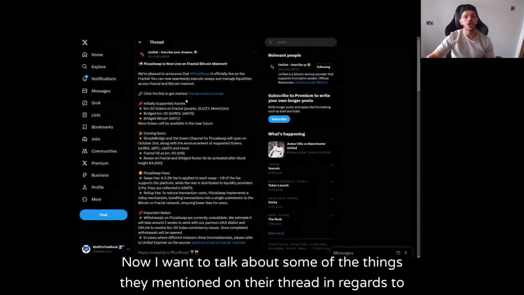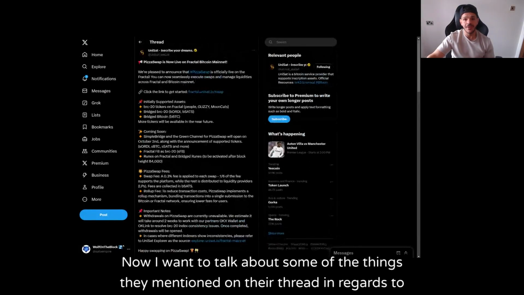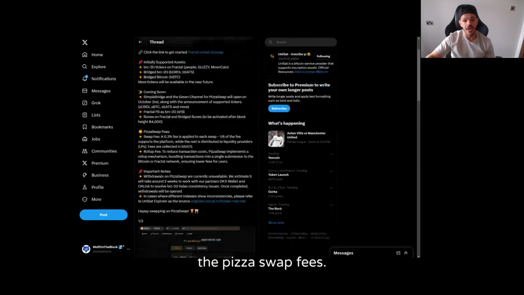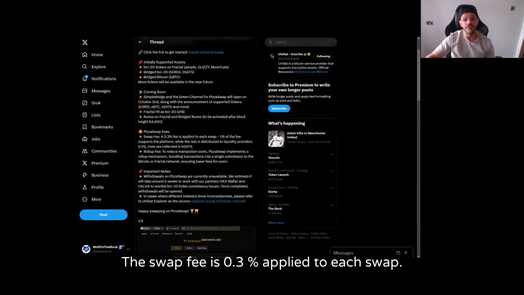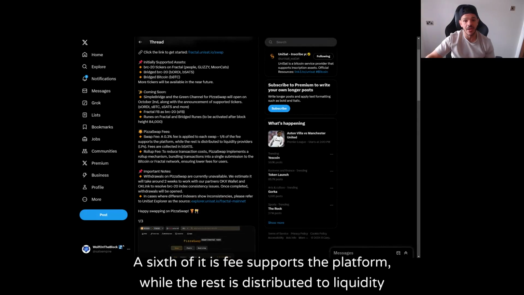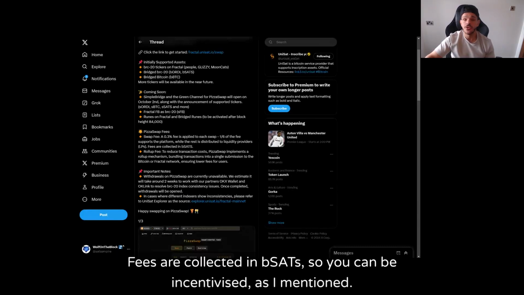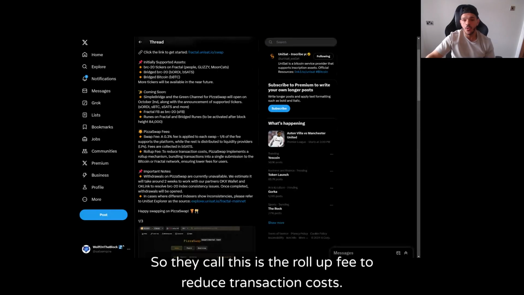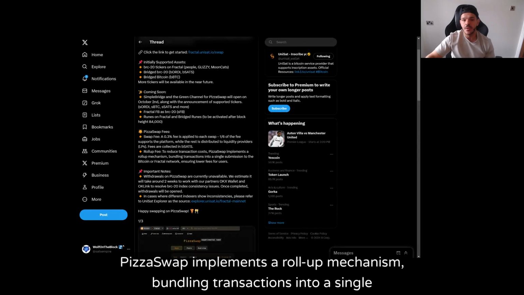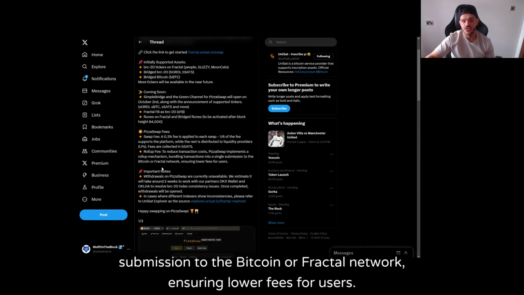Now I want to talk about some of the things they mentioned on their thread in regards to the Pizzaswap fees. The swap fee is 0.3% applied to each swap. A sixth of that fee supports the platform, while the rest is distributed to liquidity providers. Fees are collected in BSATs, so you can be incentivized, as I mentioned. They call this the roll-up fee to reduce transaction costs. Pizzaswap implements a roll-up mechanism, bundling transactions into a single submission to the Bitcoin or Fractal network, ensuring lower fees